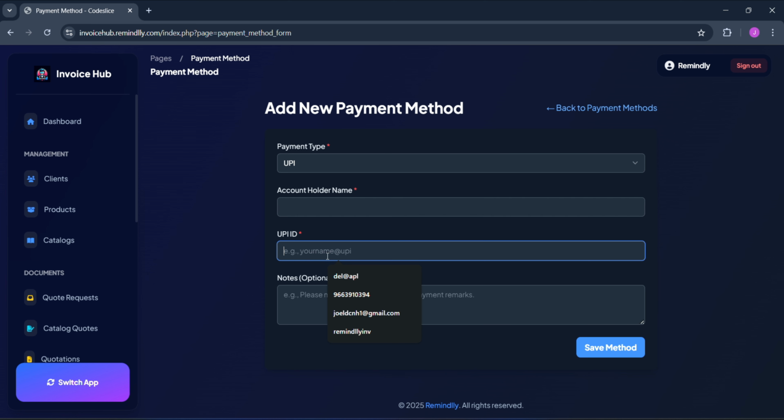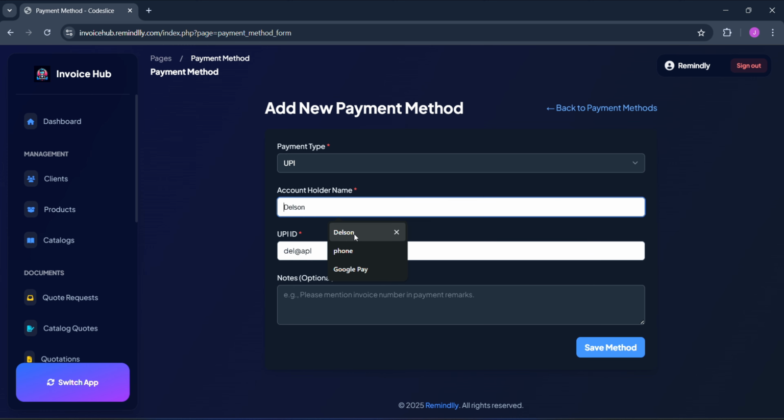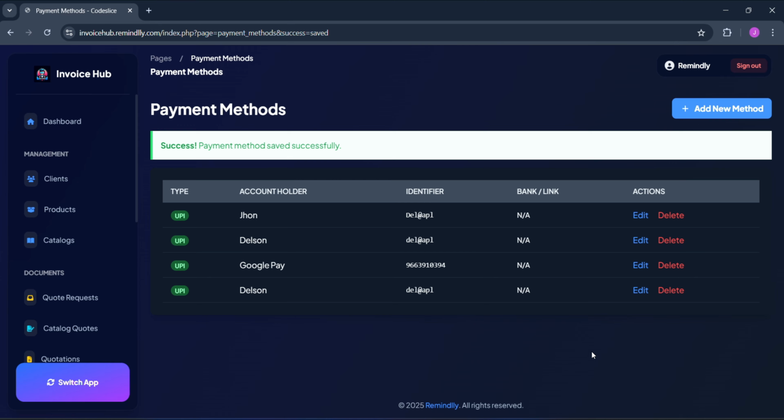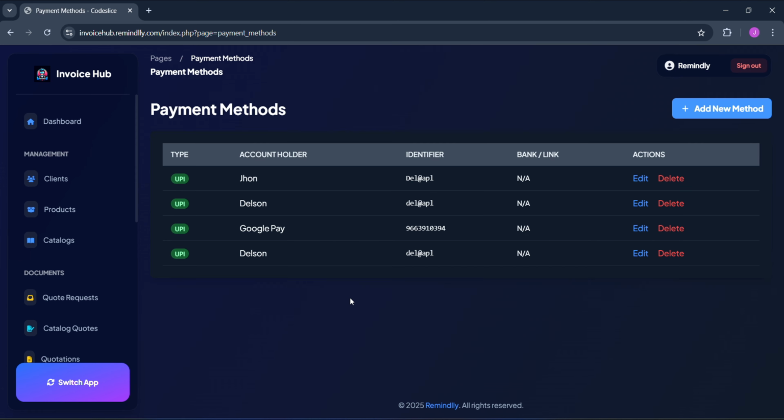Okay, let's set that up, and let's save it. So here you can see I have set up my UPI ID, so it's more than 10, so I'll simply remove it. Okay, so once you're done with your payment setup, you can simply go for the